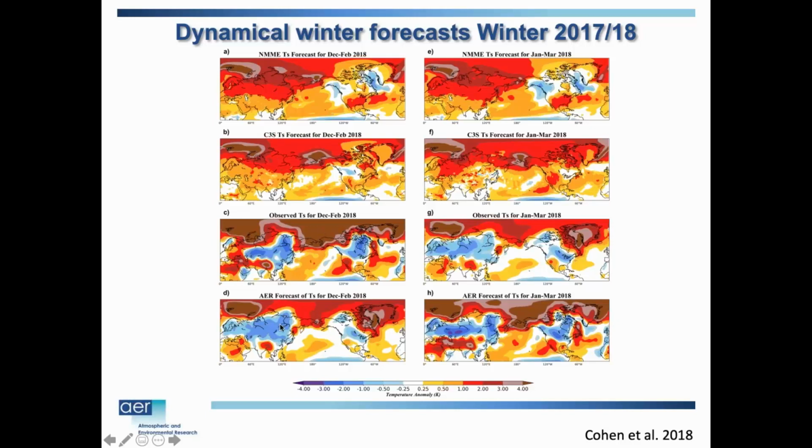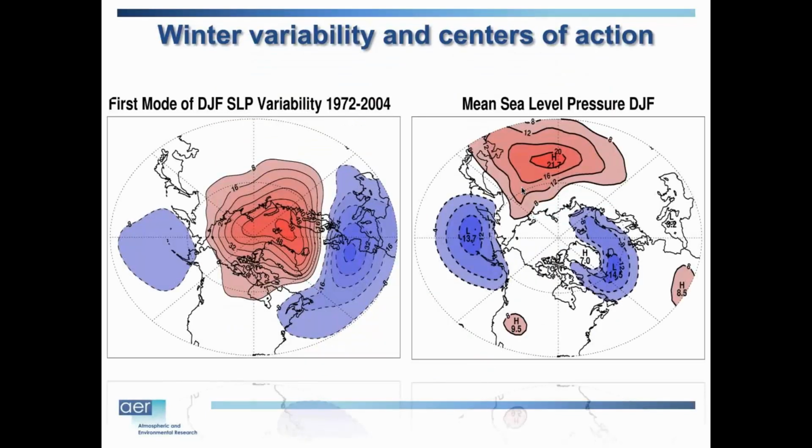And again, here was our statistical model. Here was what was observed. So I think, again, certainly across the hemisphere, it did a much better job. Even in North America, the statistical model showed that cold extending further east than the dynamical models. Well, not all the dynamical models had it, but the Europeans missed it completely. Anyway, the dynamical models have not been doing a good job, certainly over the past two winters.